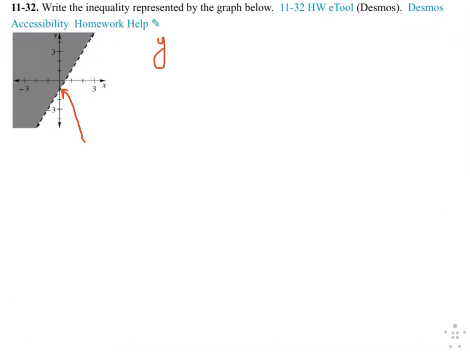So if we're thinking about an equation, not an inequality, in slope-intercept form, we now know that b equals -1. That's the y-intercept. So now we need to determine the slope. So let's see how we could do that. We could look for 2 points on this graph, and we see that